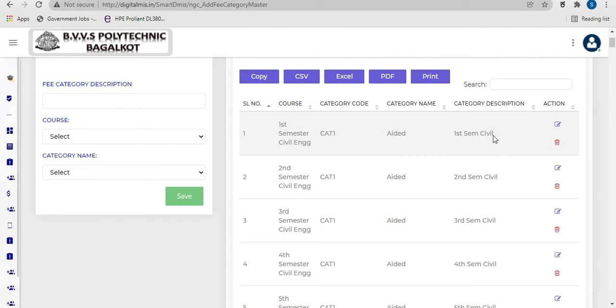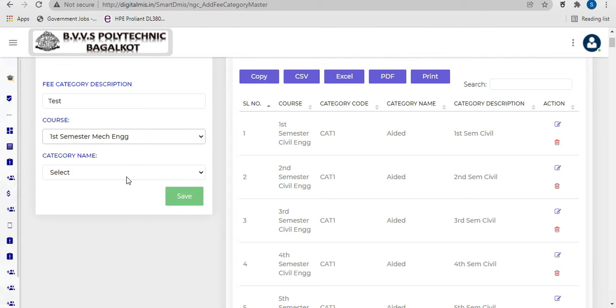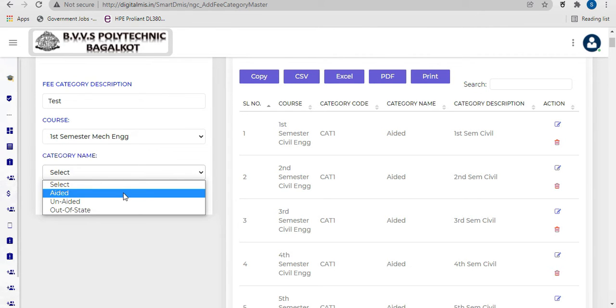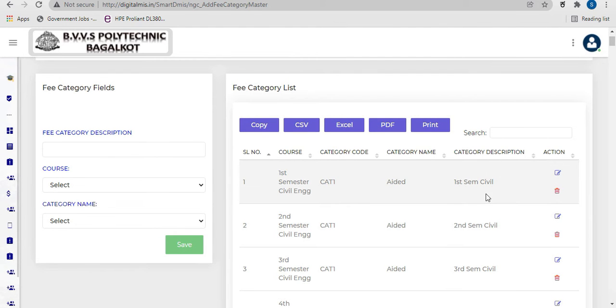This is the category description. I'm going to add the category description as test for first semester mechanical engineer, and the category will be edit, and if you save it, the category will be saved successfully, and that saved category will be listed on the left side of the fee category list.